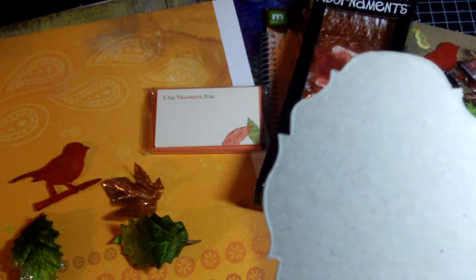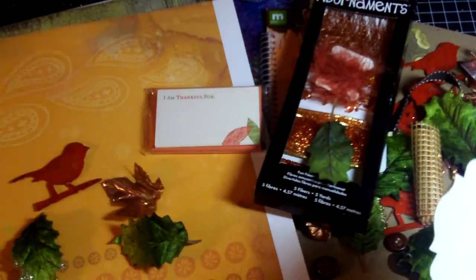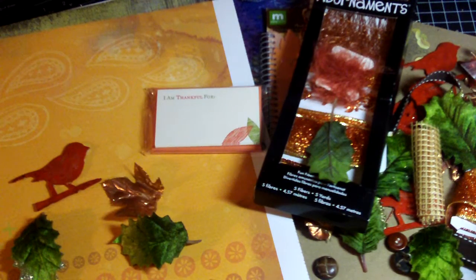If you have an opportunity, please go check out her blog because she has some wonderful, wonderful ideas, and she's an amazing artist. She has some wonderful projects that she shared with us here on YouTube. So I am so thankful and grateful. Thanks, Jules, for hosting this swap. I must be coming down with something, guys. Anyway, essentially what I'm trying to do,